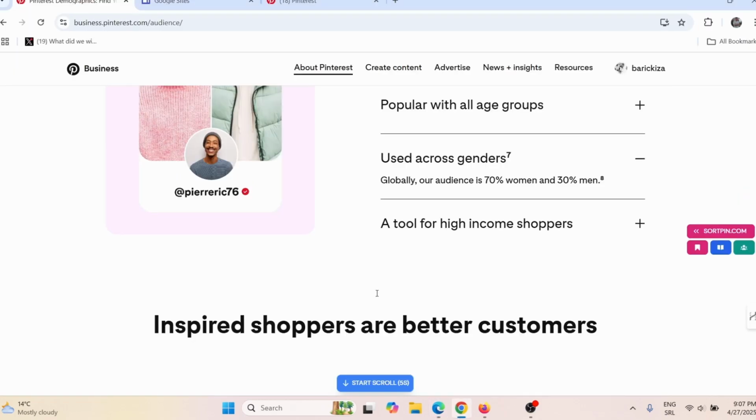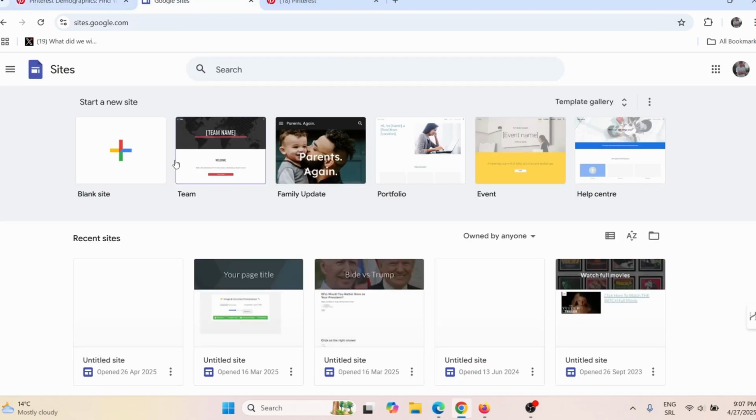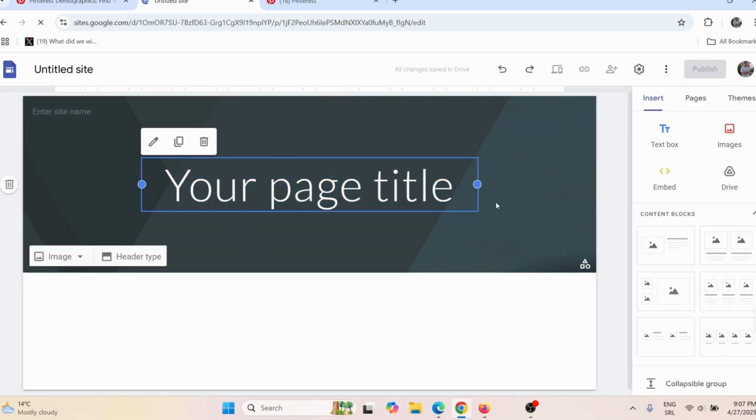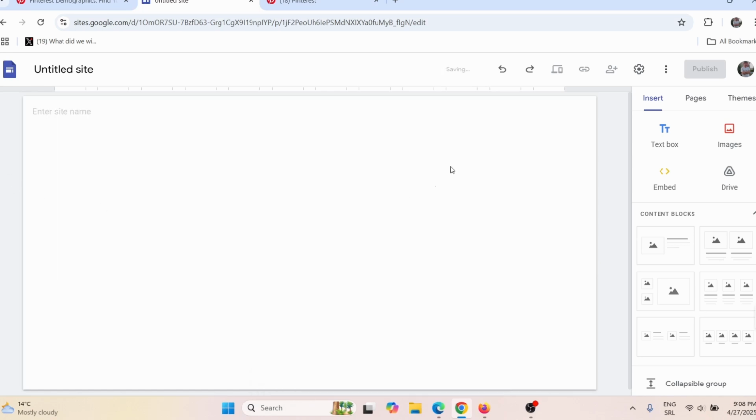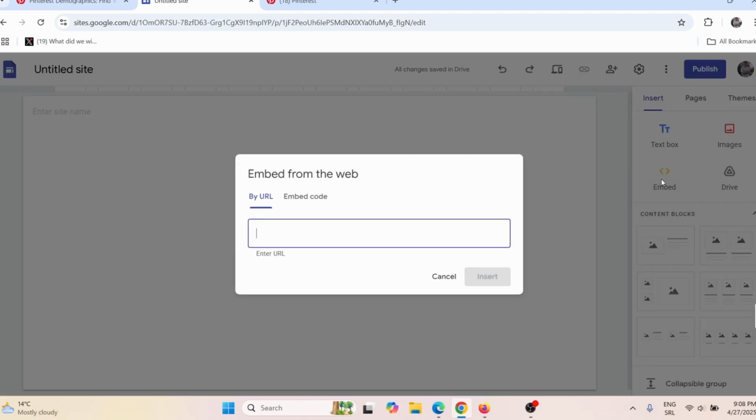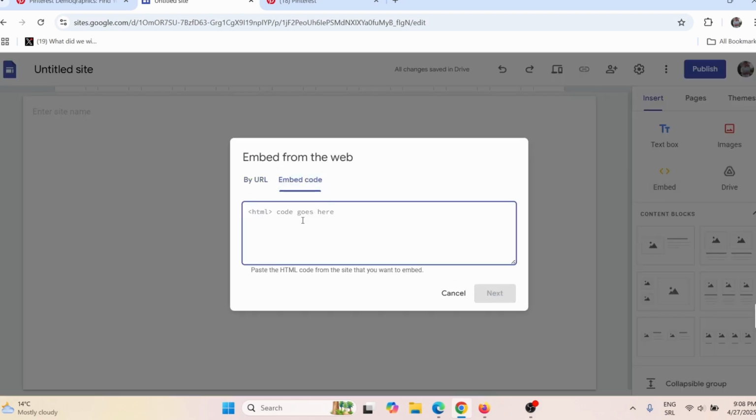So you need to go on Google Sites, okay? Now, if you can host this on your own web hosting, it is even better. But if you cannot, if you're a beginner, you can go on Google Sites. Google Sites is 100% free. You need to click here on blank site, okay? And here you can see this is how it usually is. What we need to do is click here on this trash can, because we don't need this header, okay? And then you can simply click here on embed, click on embed code,